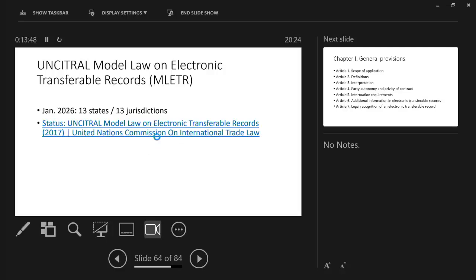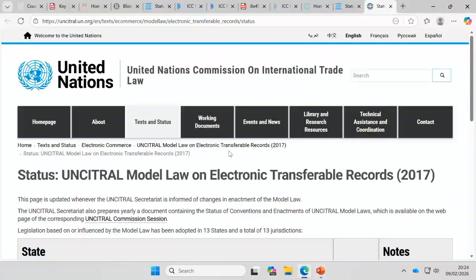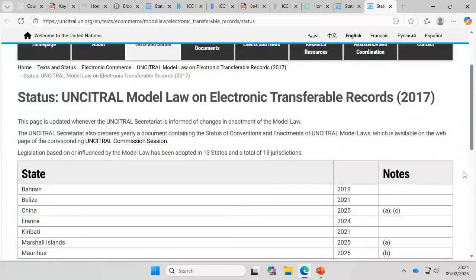And so we're seeing an effort by UNCITRAL and a variety of other organizations, including the Asian Development Bank, ICC, and others, to push the implementation of the MLETR, the Model Law on